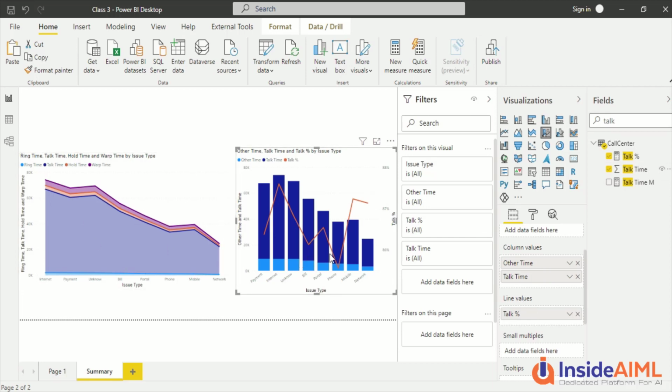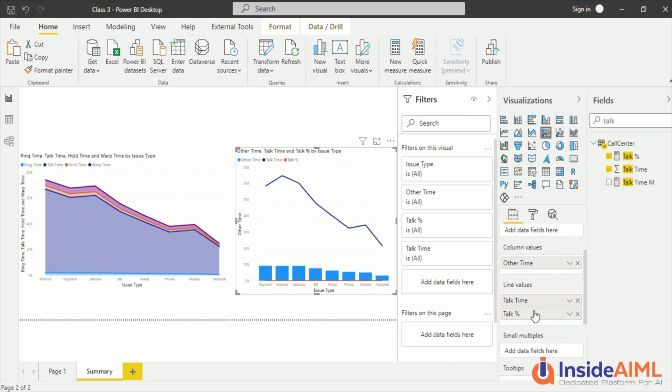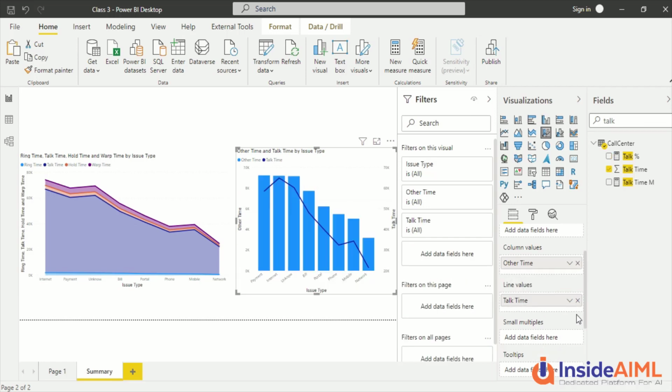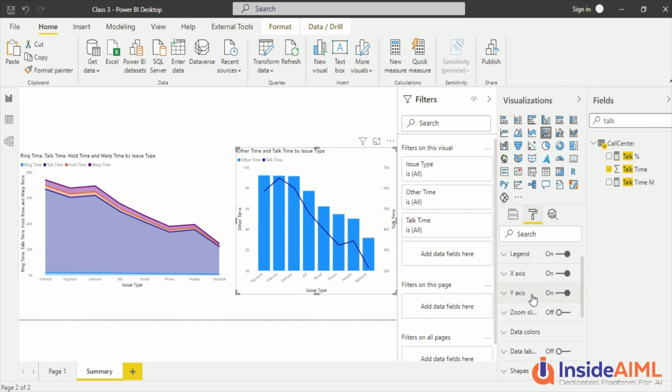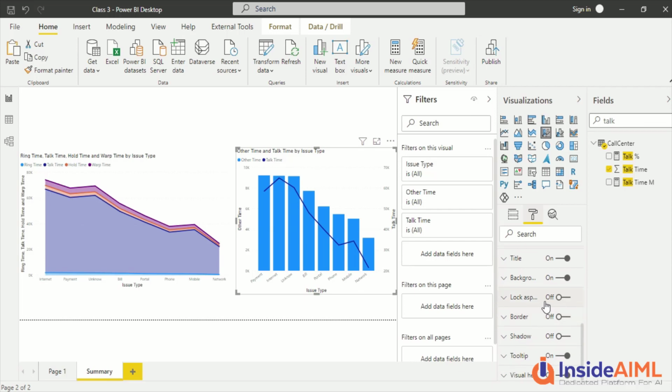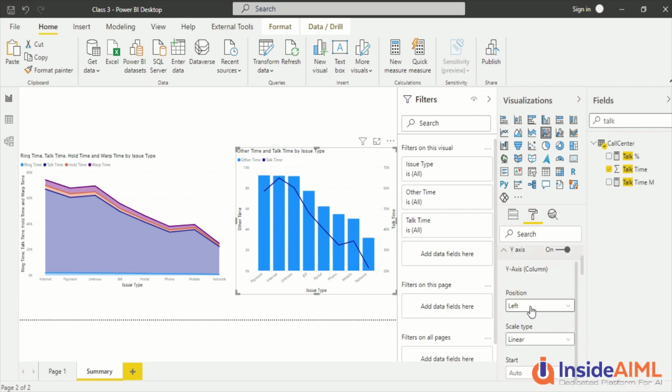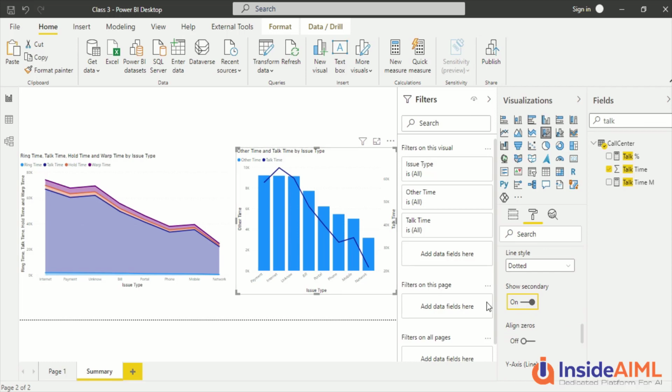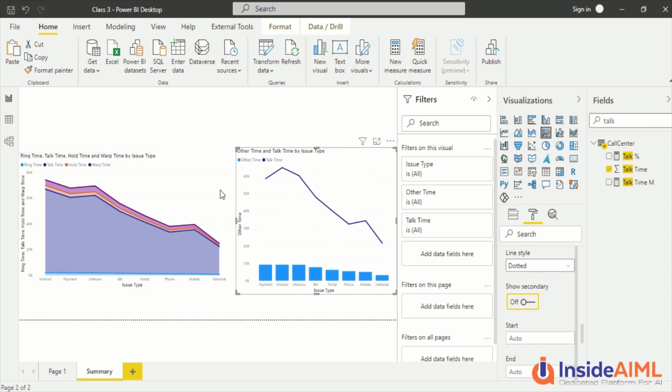So now my percentage I can take on the line, because they are two different on the axis. It's not that I always need a secondary axis. For that I can actually bring this one here. I can cross this, and then now they are on two separate axes, but I want them only on the same axis. For that I can go here, and there should be something, secondary axis on the Y. And I can disable that, show secondary. I disabled that, and you can see this is on the same axis. So both line and bar can be on the same axis also.